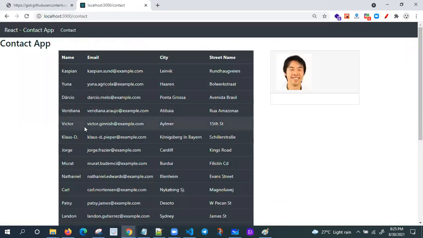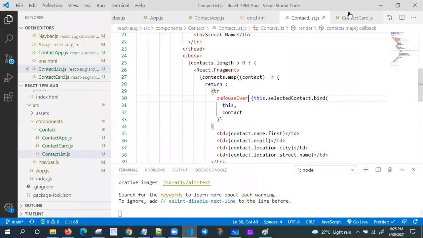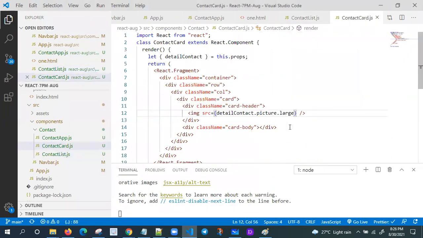Yes, perfect. Okay, I want to display some name here, so go to the contact card. Here I'm going to use a list, ul, and inside the ul I'm using li.